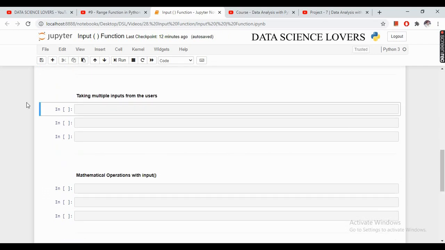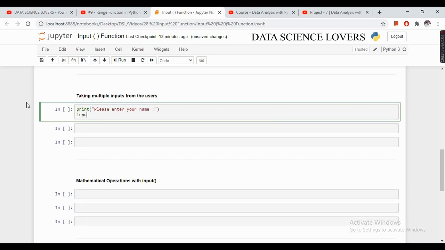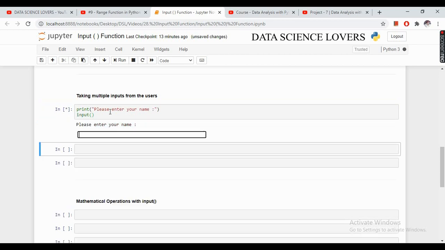We can take multiple inputs from the users. To do this, we will use the print function, and with print function we will use the input function like this. First of all, I will ask the user to enter the name.